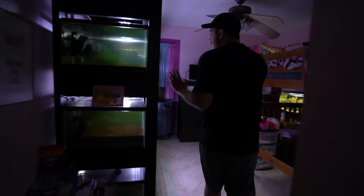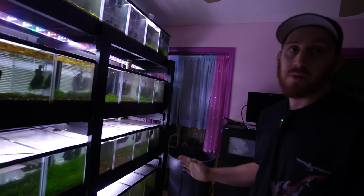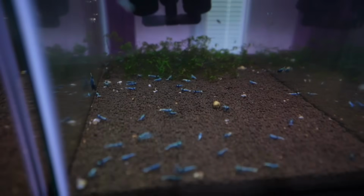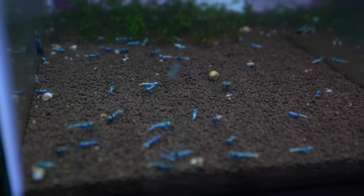I always say this is the nicest rack that I know of in the American scene of shrimp keeping. So this is all shrimp? Yeah, and every single one in this room is Caridina shrimp. Caridina. So the Neocaridinas are outside. I do have some of them inside, but the Caridinas need stable temperature, so we keep our house